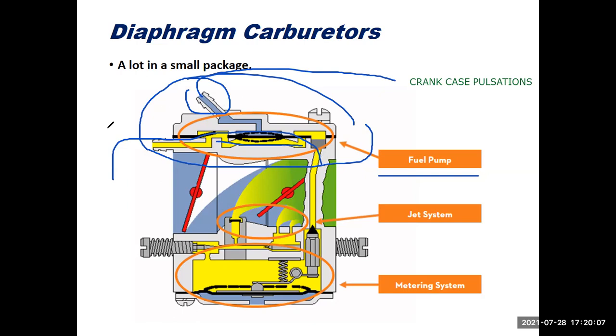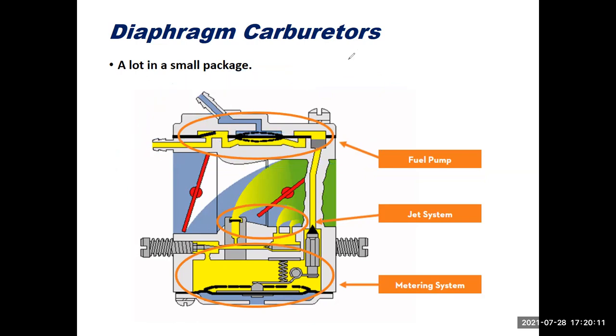So we have our fuel pump, and I want to point out one other thing. If I clear out those drawings, I want to point out this right here. That is a little inlet screen. It's like a secondary fuel filter. I will see people change the external fuel filter and they forget to change that one, and that's why their engine's not running correctly. It goes from one side of the carburetor all the way to the other side of the carburetor